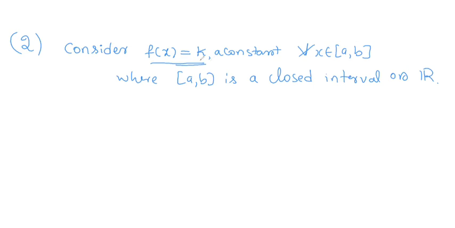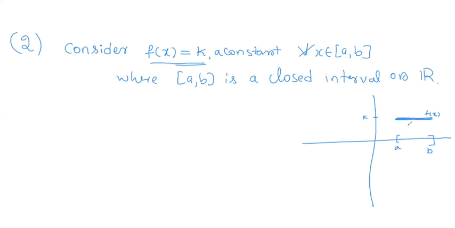So I have taken f of x to be equal to k for all x. That means f is a constant function. So now we shall see Riemann integrability of a constant function. Suppose this is the closed interval a comma b, then the function is actually a constant function. For all x values, f of x takes the same value, say it is k. So this is the function curve. So for such a function, we shall see how Riemann integrability works.